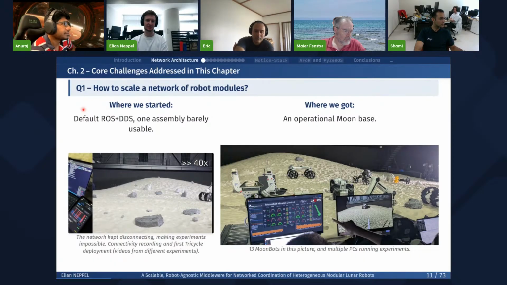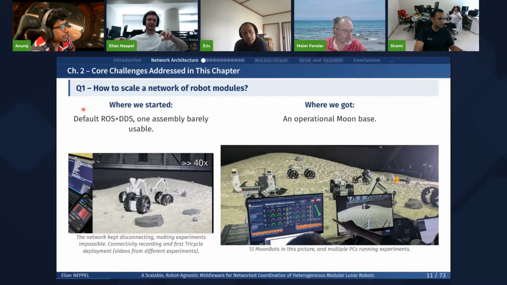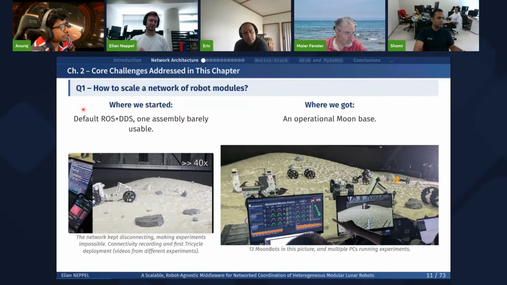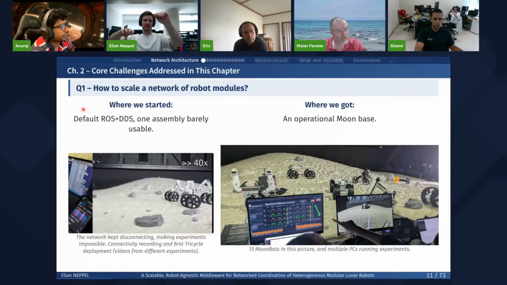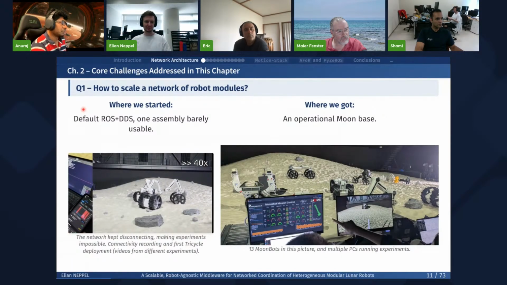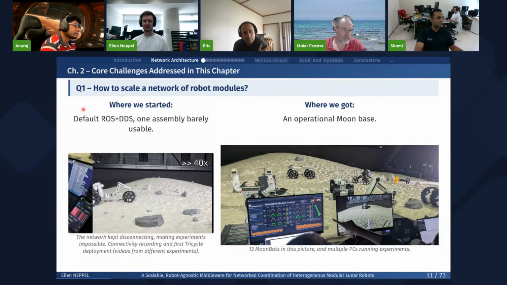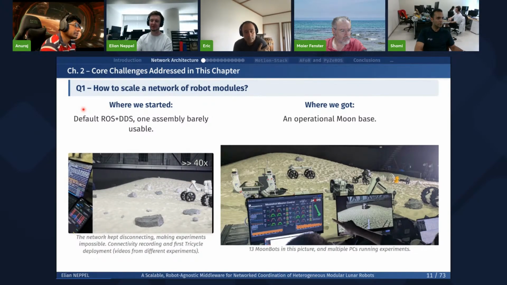You have one set of students that is controlling one assembly, another set of students that's controlling another assembly. Then they need to collaborate to share some data or just do something. And we also need to switch the controller that is controlling the robot. For example, we have a controller that goes to a certain coordinate that's made by one student. And when the robot arrives, then another student has some manipulation task that he will perform, and we'll then switch onto the new controller. And so that's why we have multiple participants at the same time that do not run on the same PC. And we switch very quickly between all of those tasks that are made by different students.